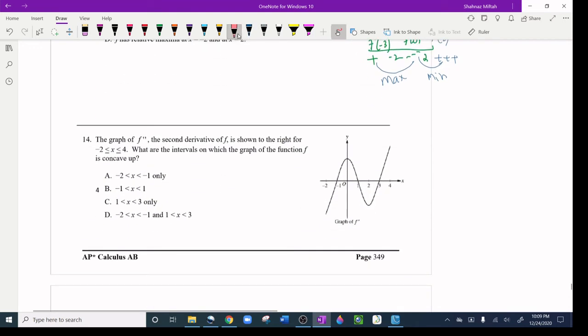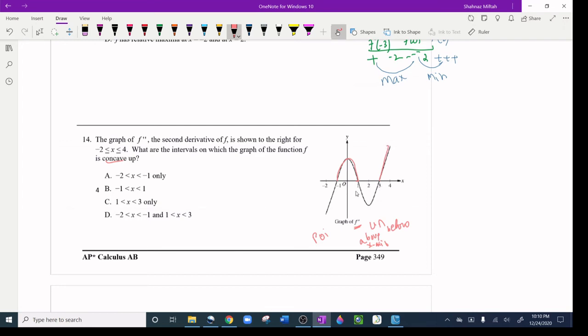14. The graph of f double prime, the second derivative, is shown for negative 2 to 4. What are the intervals on which the graph of f is concave up? Again, this is double prime. It deals with concave up and down, which means above the x-axis and below the x-axis, and point of inflection deals with this for the double prime. Above the x-axis they said concave up. So I'm going negative 1 to 1. This is above the x-axis, and 3 to